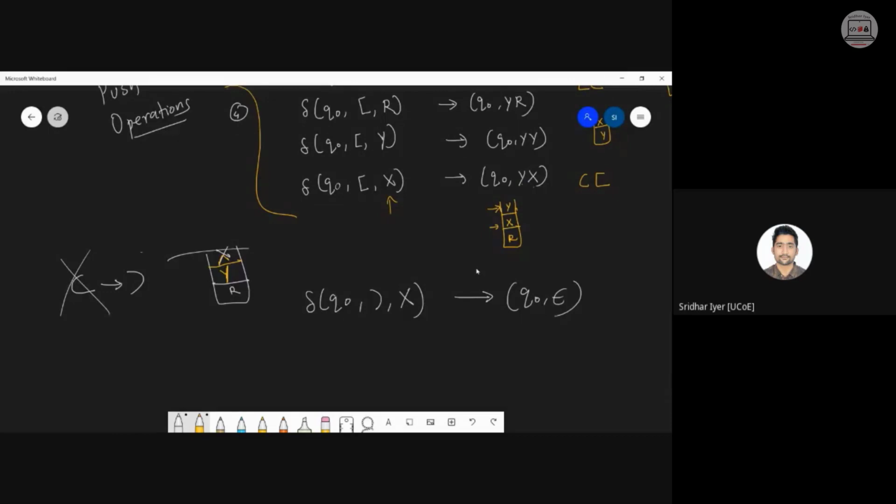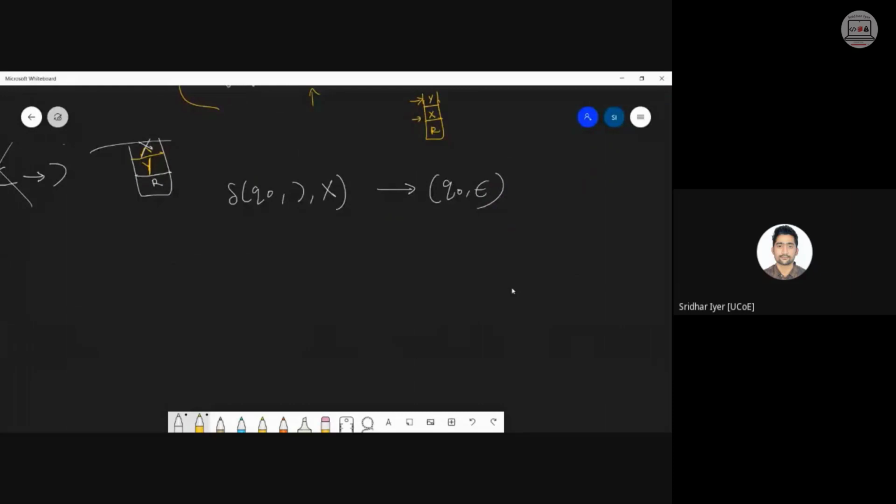Am I clear? Do let me know if it is not clear. Similarly, for this opening square bracket, there has to be a closing square bracket. So if we encounter a closing square bracket on top of a y, then we can come to the conclusion that we can pop that element from the stack. Is it clear? Are these two pop operations clear to you? Why are we doing this? Yes? Okay, what about others?